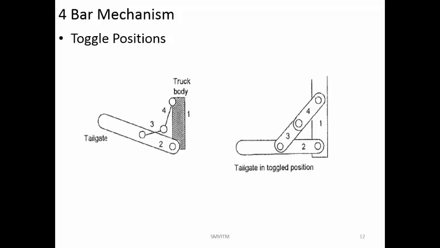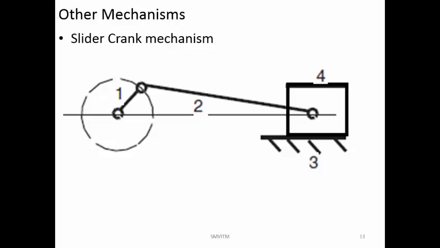So far whatever we have seen, all the joints are of rotary type. There are no linear joints. Now a slider crank mechanism has one linear joint. The remaining joints are rotary. You have the joint between link 4 and frame 3, where you have a sliding motion. Between 2 and 4 you have a rotary motion. Between 2 and 1 again you have a rotary motion. At 1 and 3, that is the fixed frame, this one is going to rotate.